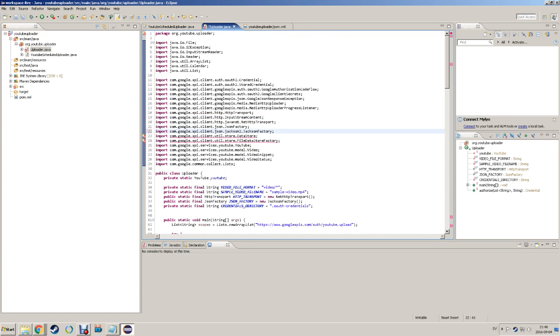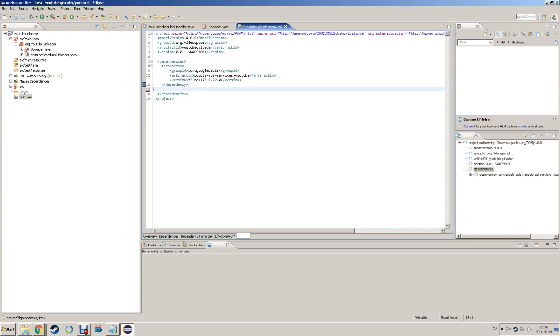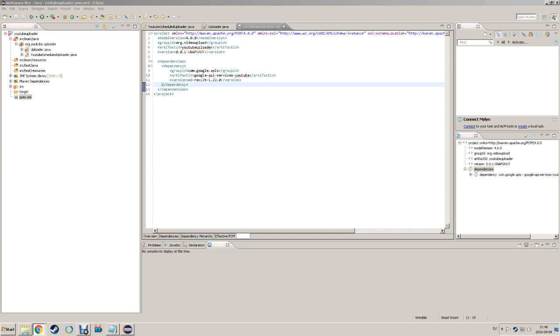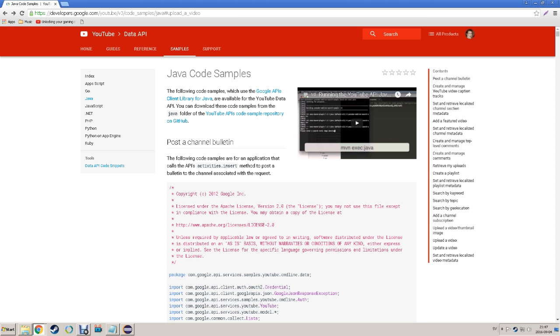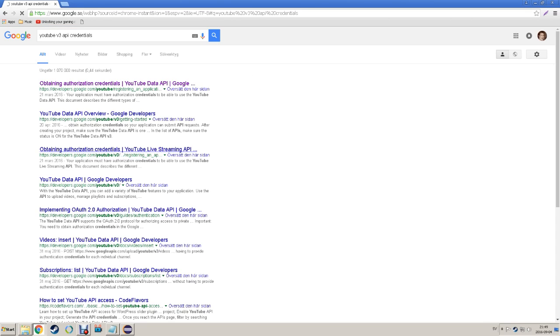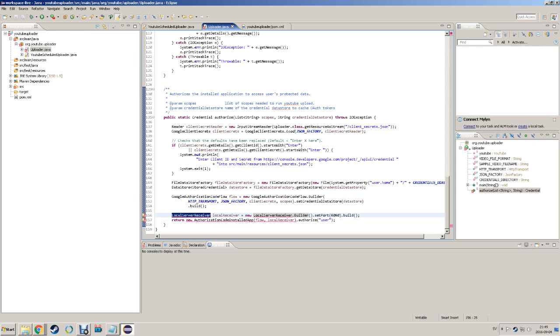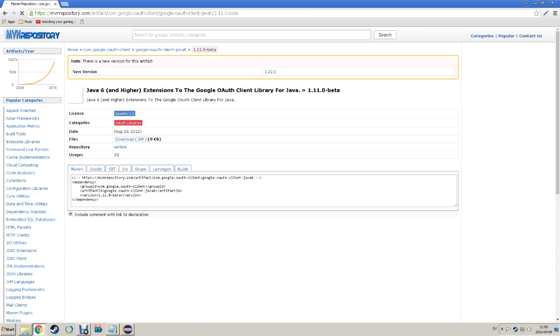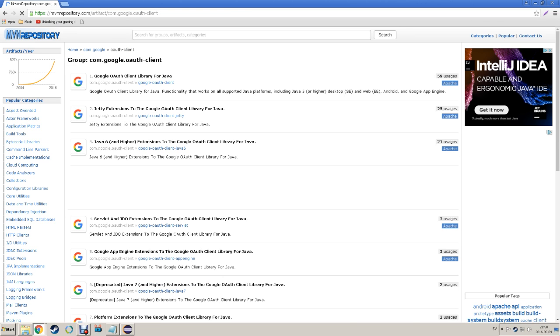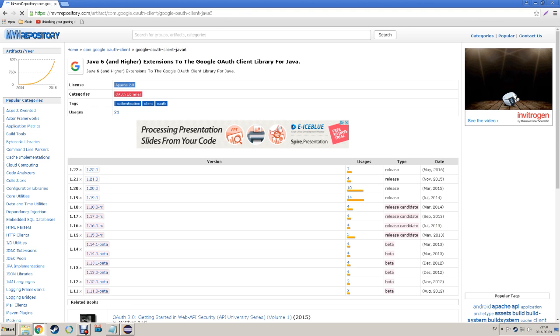And after a while I figured out that the OAuth authentication was in some of the extensions, so I finally found those extensions on the Maven repositories. The Maven repositories show that you should use the extension, not only the extension library, but you needed the extension for Jetty as well, which I thought at the beginning was really strange, but after thinking about it a bit more I realized that that was quite obvious, because the